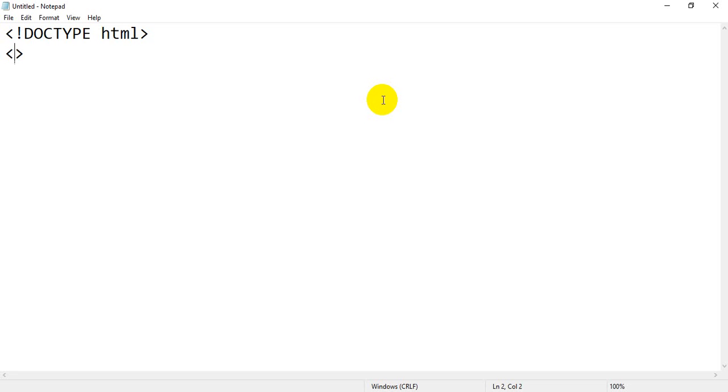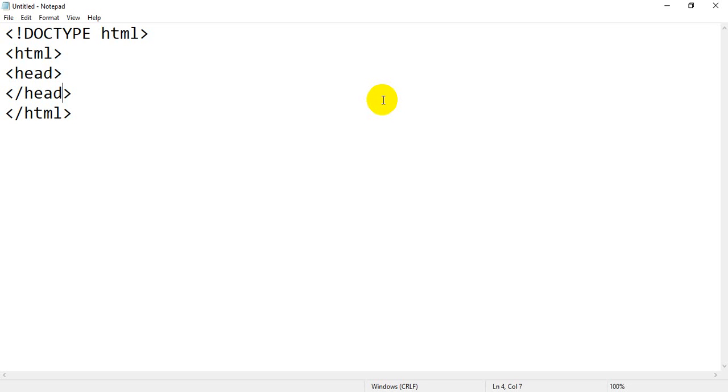After that I will write the basic tag of HTML, that is the first tag of HTML, and the last tag of HTML, that is HTML opening and closing. Between these two opening and closing HTML tags we will put all other tags supported by HTML5. So the first tag inside the HTML page, after the HTML tag, is a head tag, which defines that this section is called the head section. I am writing opening and closing at the same time.